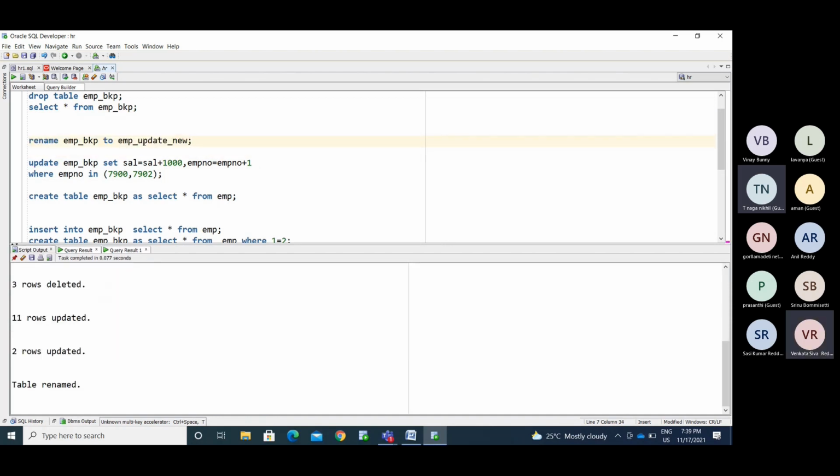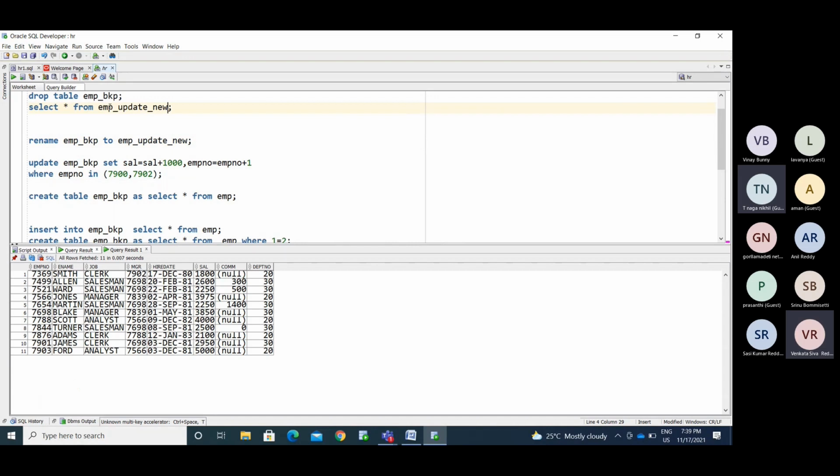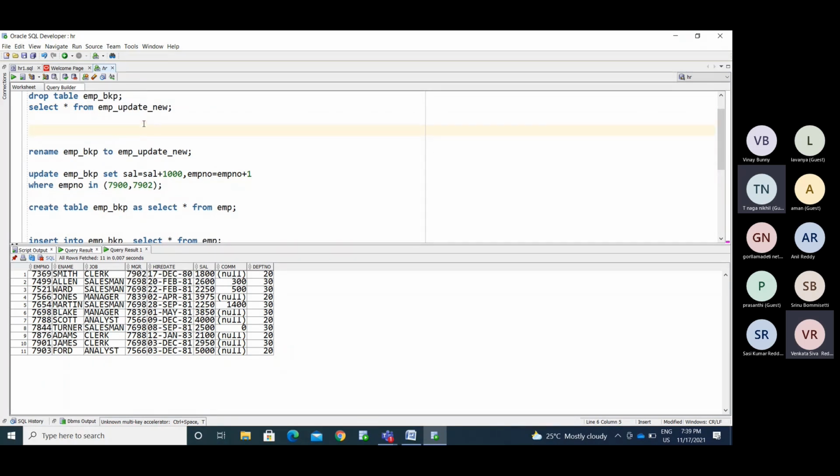So now this table is having both data. Now I need to know who the existing employees in this table are. I just need to validate the data first. If I want to perform any action, I need to validate it myself.